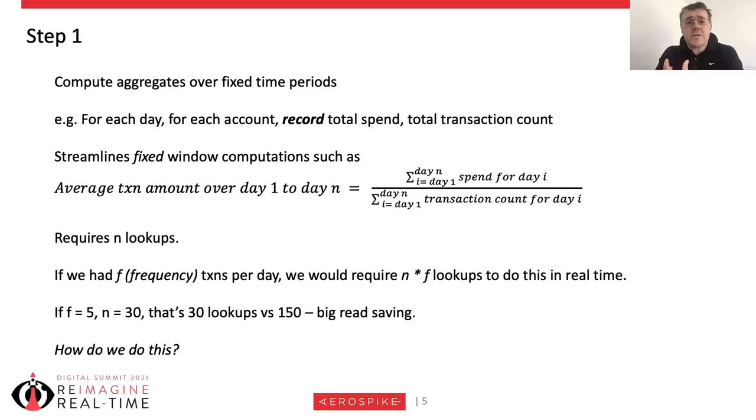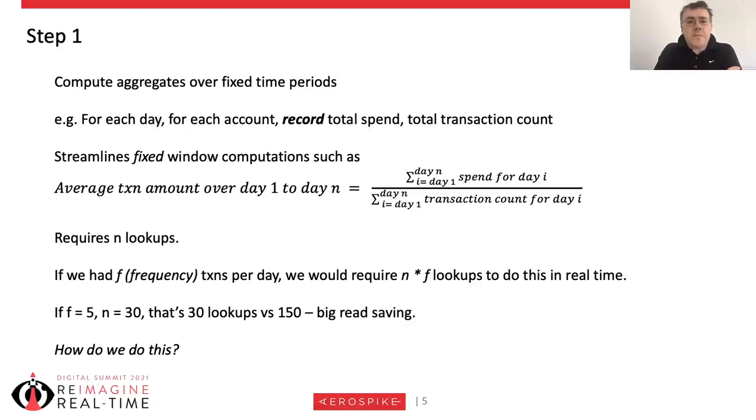Okay, so let's consider what we might do to optimize the calculation of averages across fixed periods, so periods which are associated with the beginning and end of days. So if I was to look at how I might optimize fixed window calculations over different periods, such as 3, 5, 7 days, and I wanted to do some optimization, what I can do is, rather than looking at every transaction in that period every time, on each whole day in my window, I can do some